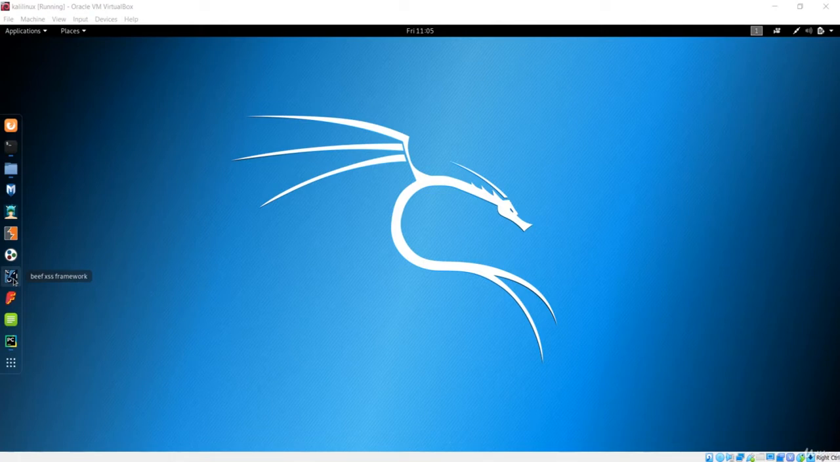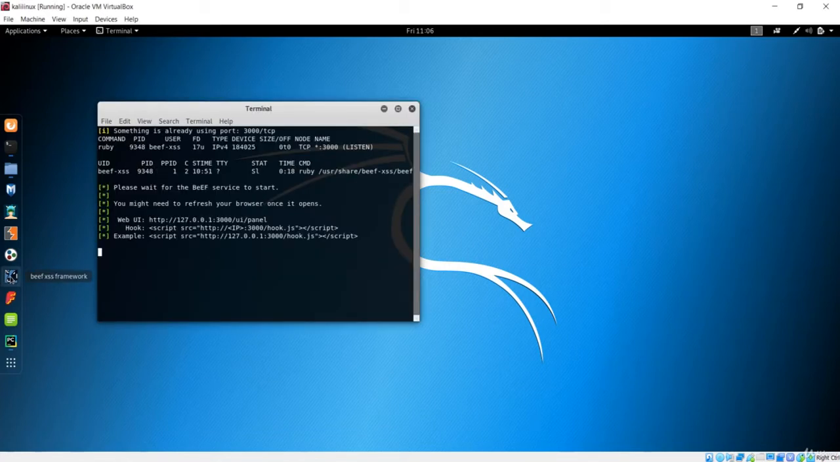Basically, what we do is we have this JavaScript hook file that will hook the client browser to our browser, which is the Kali Linux browser. So this is a very important and exciting tool. So let's start. First of all, let me just press here, that is the icon, and it will give